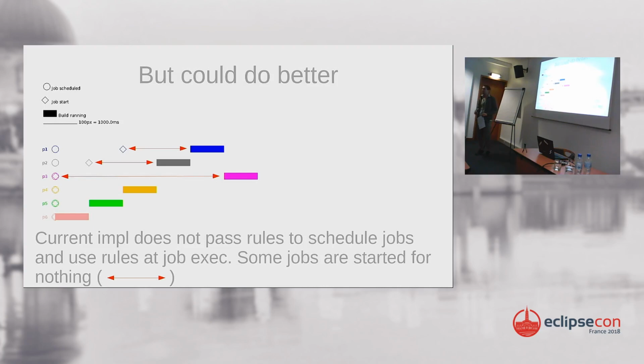There is a technical reason for this waste. It is that at the moment, the implementation of how we schedule builds does not directly propagate the scheduling rule to the job, but it chooses it inside the job execution. So the job starts, and then it asks for the right to do its work and to get the rule. That's a minor detail. What I'd like to emphasize, despite that it could be improved, is that it is good as it is already. So it's just food for thought, but it doesn't break the value of all these parallel builds.